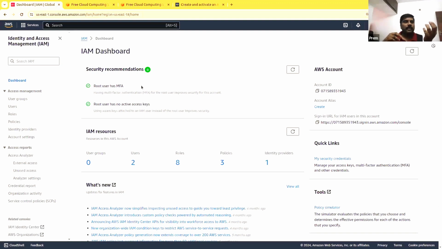So everything here is called a resource. EC2 instance is a resource, database is a resource, and whichever is trying to do something on another is called a principal.